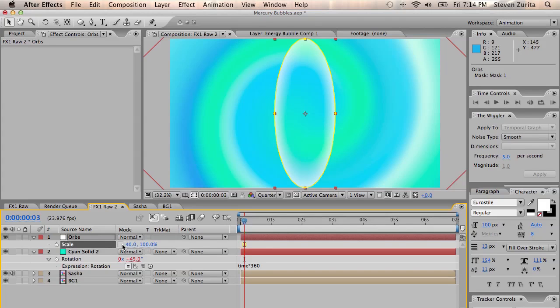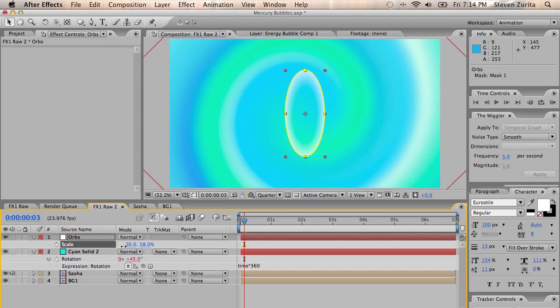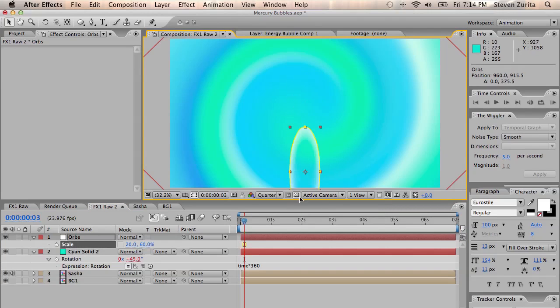40%. And you know what? We have to actually scale it down on the y. But the point is, it's going to be skinnier on the x. So just eyeball it till you get something like that. 20/60. It's a good ratio. And then we're going to move it down, just straight down